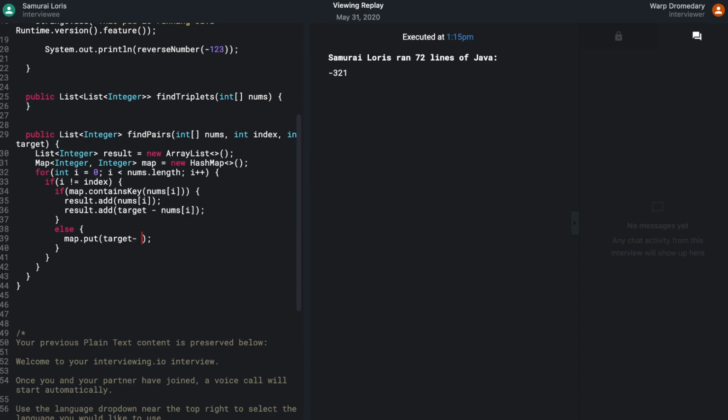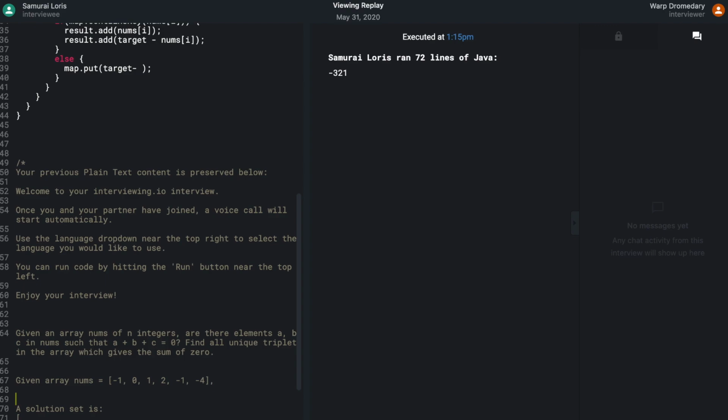So I'm assuming all of these are unique numbers. Basically they're not, right? In the map they should be, but you could have duplicates in the array. So I don't know if you've considered that or not, but you can definitely have duplicates in the array. Okay. So map dot put target minus